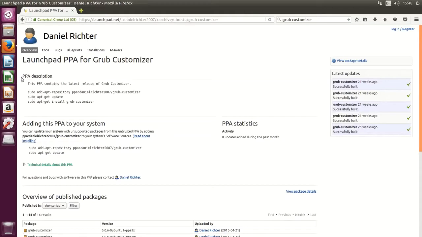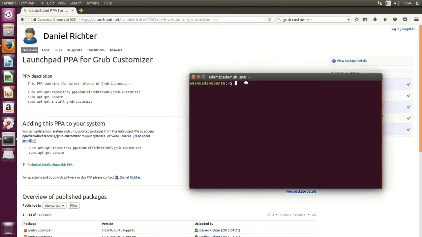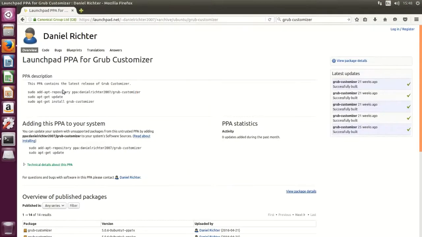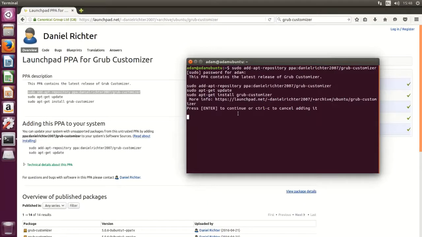And you'll see the PPA description at the top, and it will have all of these commands. What you want to do is go up to the search your computer in the top left and type in terminal into the search and click the terminal. And we are going to need this in a minute. So simply select this line, right click copy, go back to your terminal, and then right click paste, hit enter, type in your password, hit enter again to confirm,